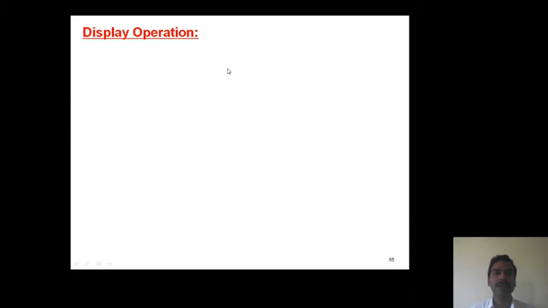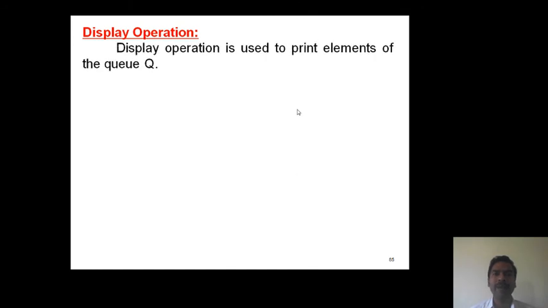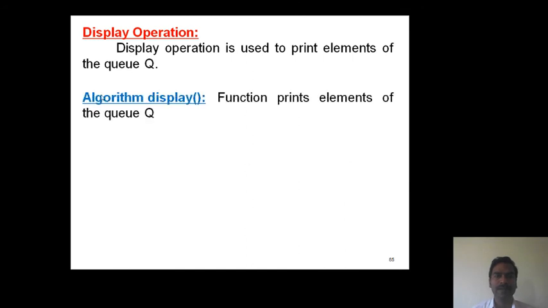Next operation, display operation. Display operation is used to print the elements of the linear queue. Algorithm display. This function prints the elements of the queue. If F is not equal to minus 1, that means some elements are available, from the front end to the rear end.